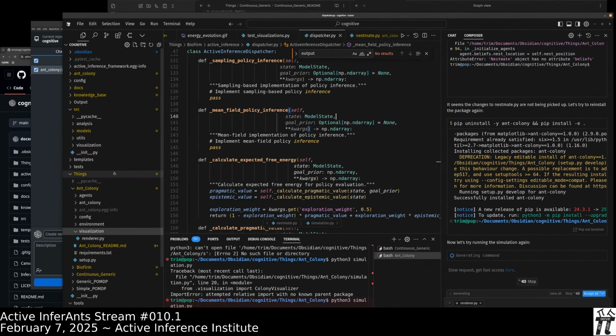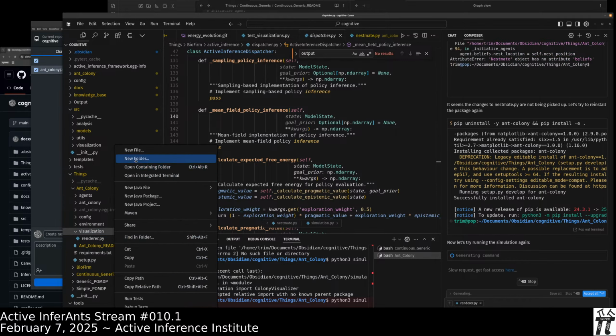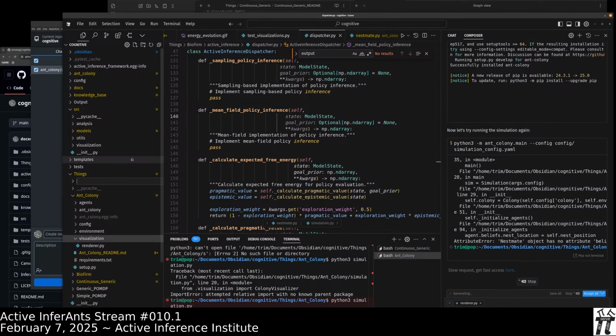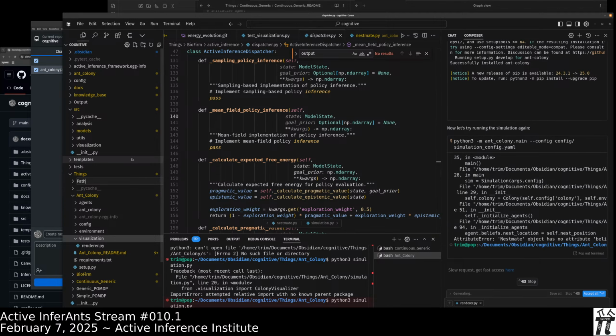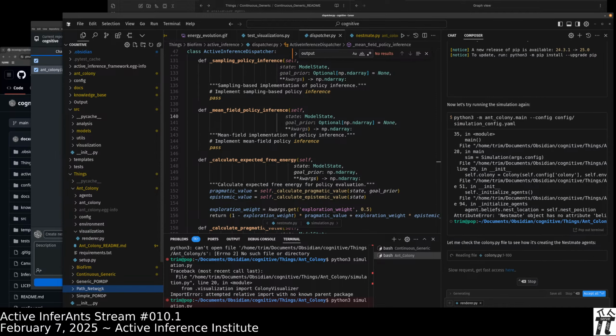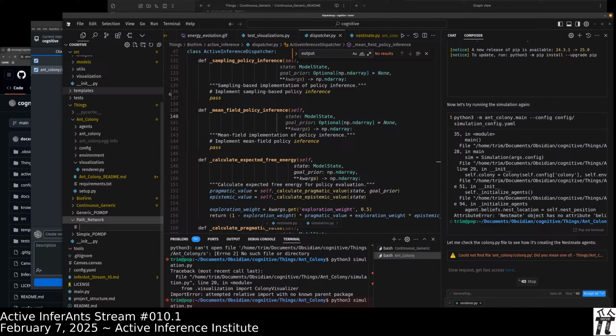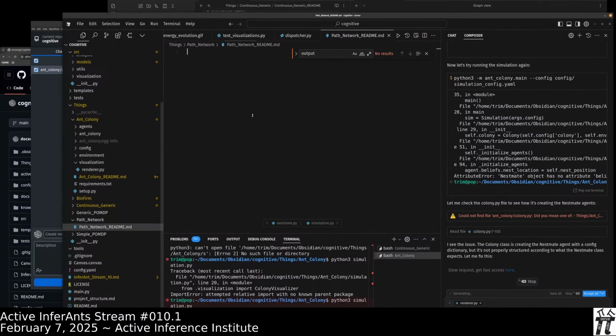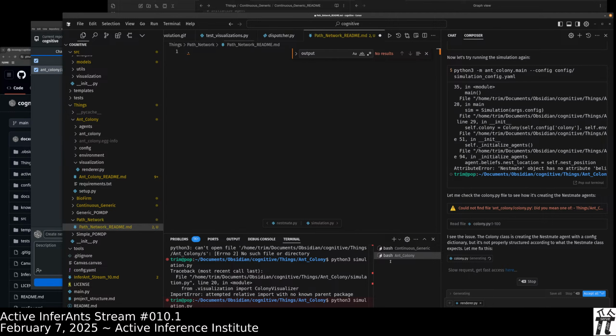Okay, let's make a new thing. Path network. Okay. I'll write out the prompt that I eventually want to use.